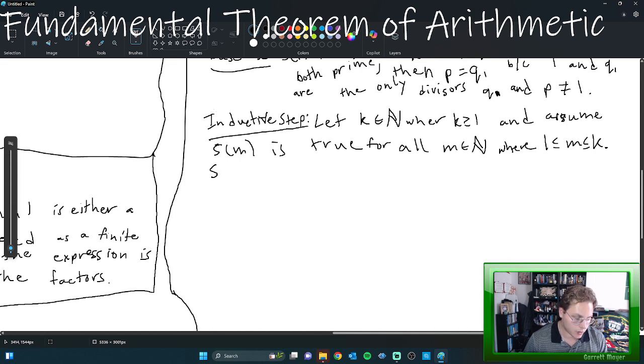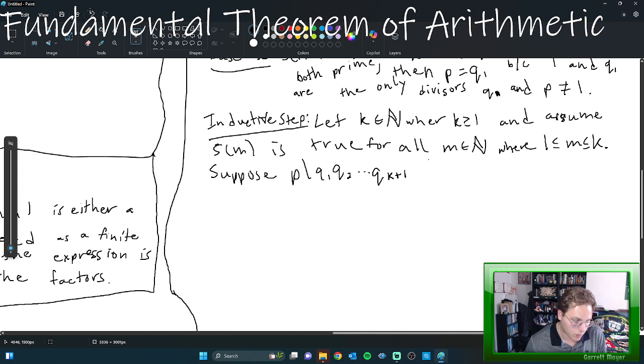And then suppose P divides Q1, Q2, ..., Q(k+1), because we're trying to show that it equals one of the Q's in that set,